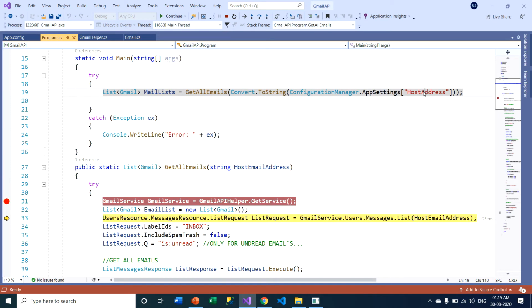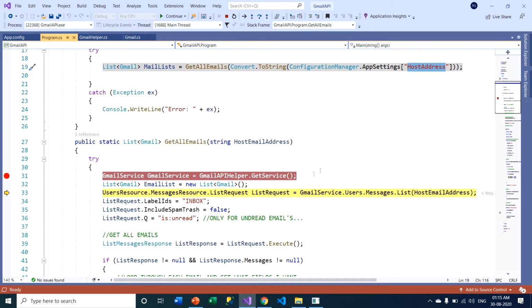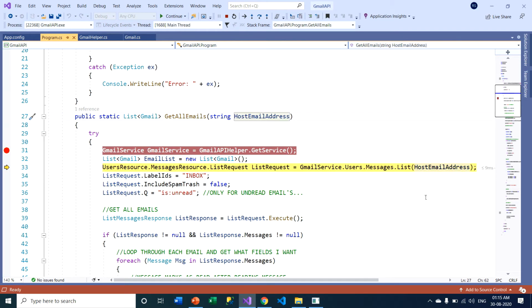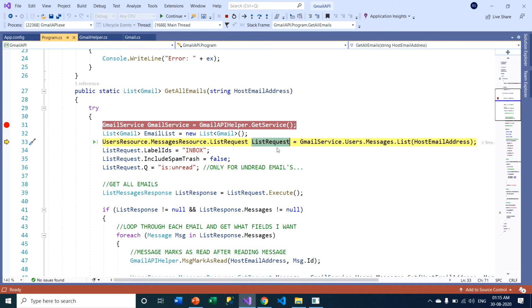I am passing this host address, which is nothing but this string variable, into this method. This list method returns a list request, and this list request is of the type UsersResource.MessagesResource.ListRequest. It will retrieve the list of requested messages.